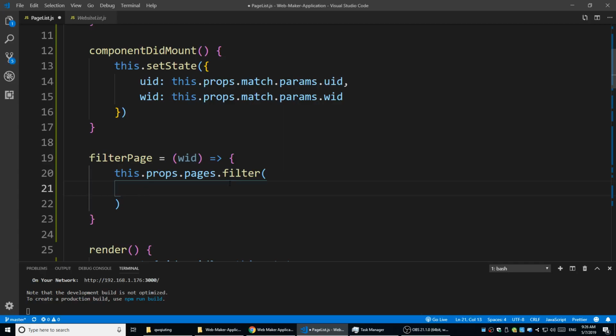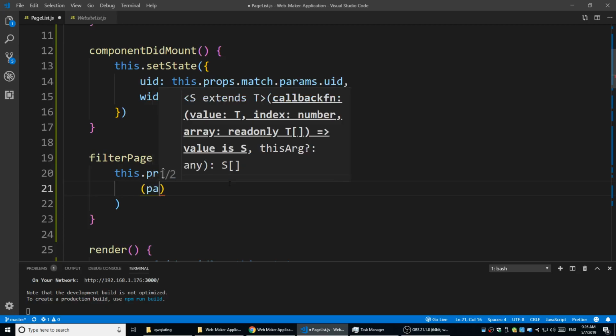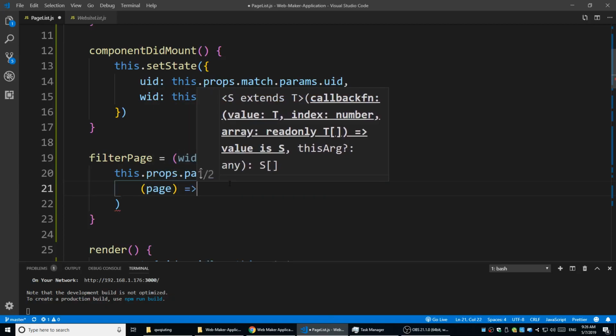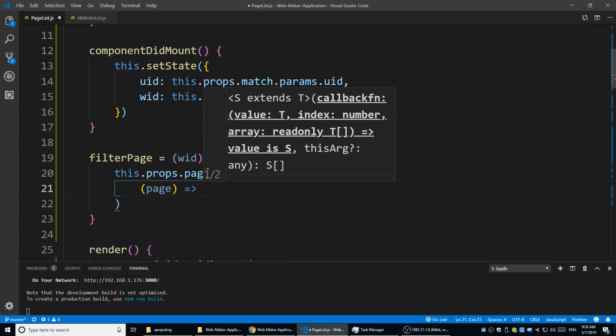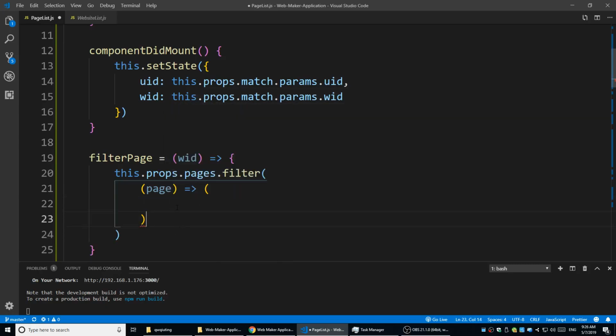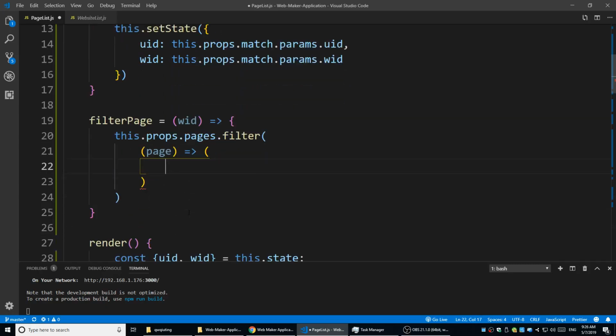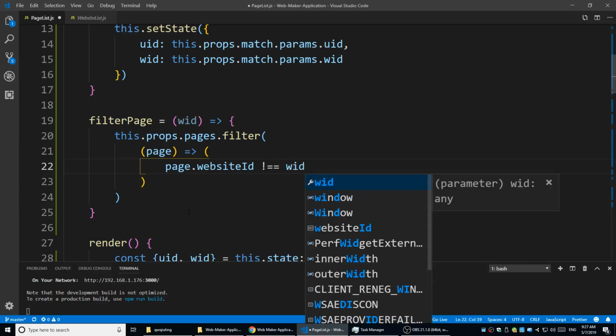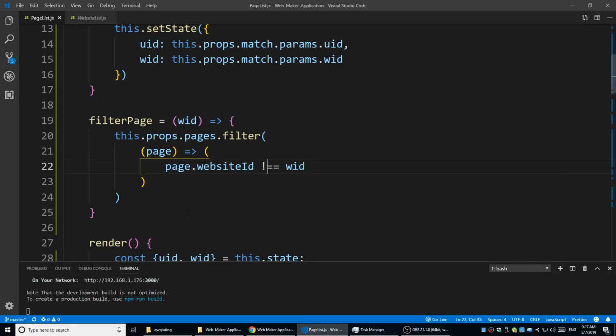We're going to do a filter: take one page, and check if this page's website ID is not equal to the WID we have here. Right, that's the thing we want to keep. Actually, it's going to be equal. Right, we're only going to need the